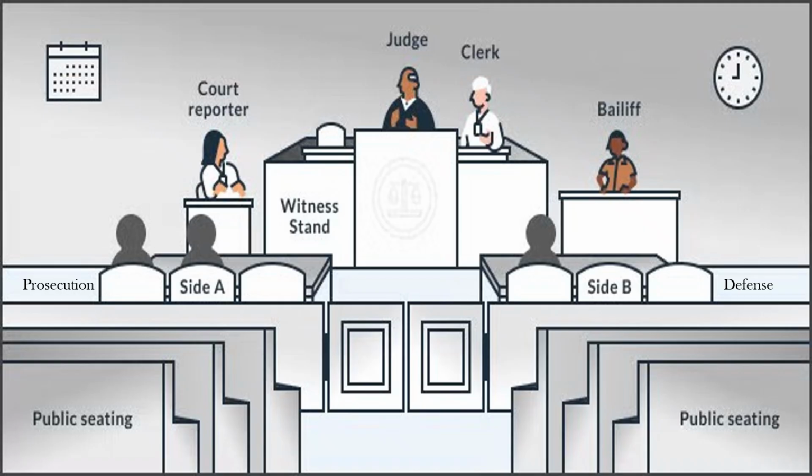Next, we'll move on to the bailiff, who's to the right of the clerk. The bailiff's primary responsibility is safety in the courtroom. This is primarily the safety of the judge, but also extends to all participants and visitors in the courtroom. They coordinate safety issues in the court before trial and may request additional security based on the type of trial or the polarization of a specific trial. An example of this is a murder trial where the victim's family will be attending and emotions are high.